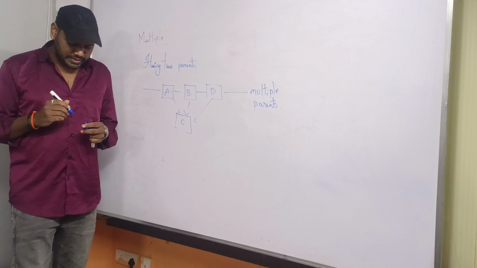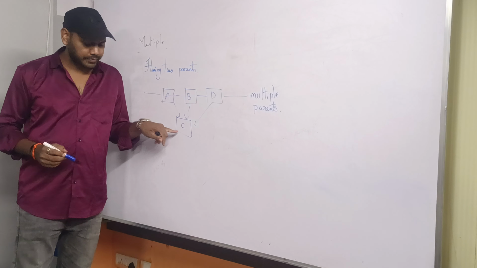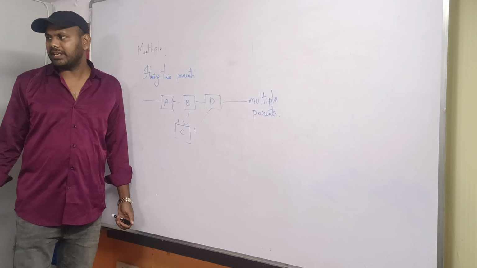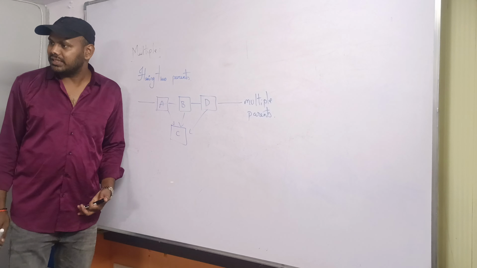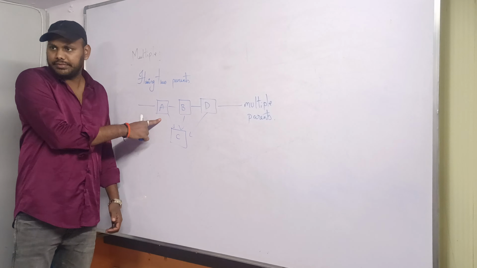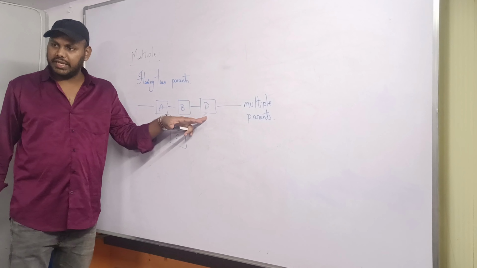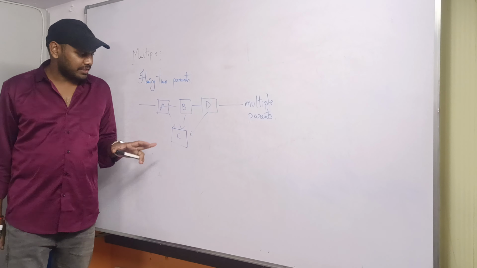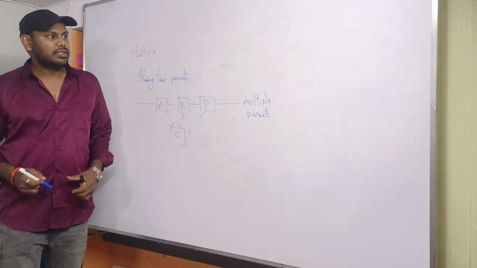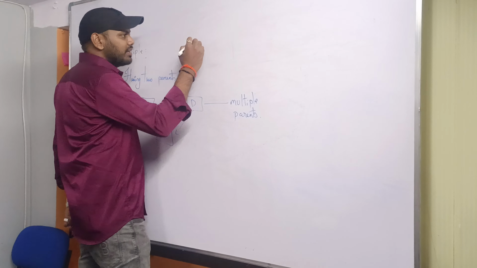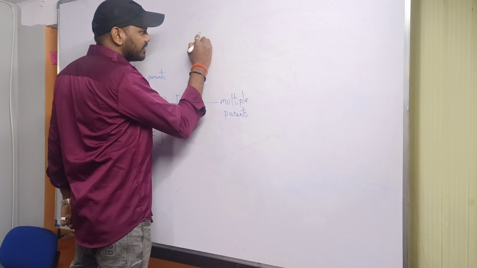Now see here, observe carefully. Do I have any constructor in C? Default constructor. Every class has it. A, B, D, I am having constructors and C also having a constructor. So in any constructor, the first statement is